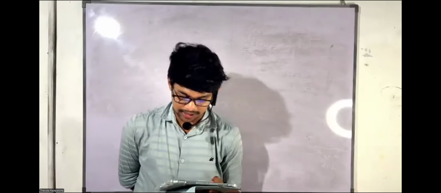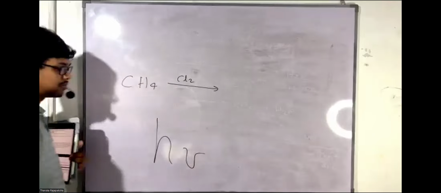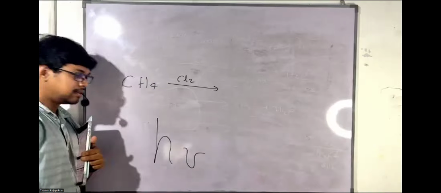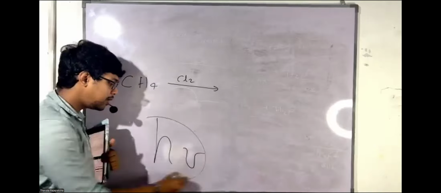CH4, let's say you react with chlorine, and you have to write something like this, h nu. You call this h nu. This shows that you are holding the reaction container under sunlight. You have to put it under sunlight, then only the reaction will happen. Right? You write it like this, Cl2, h nu. You have to definitely write it. Cl2, h nu. So the products would be